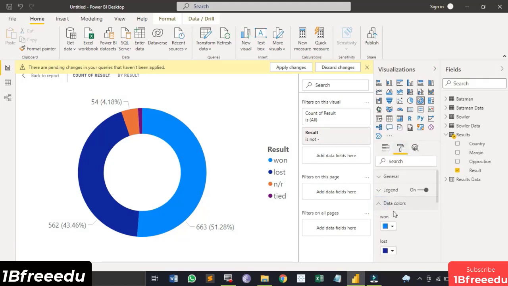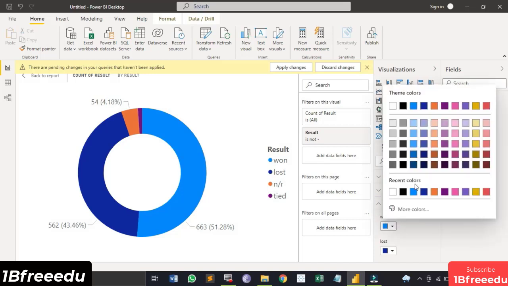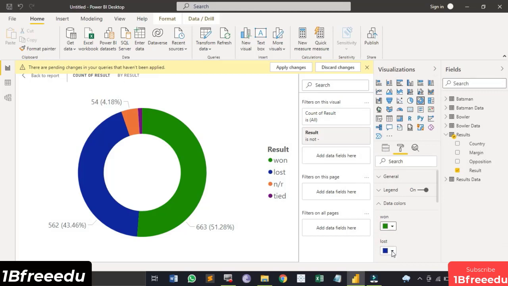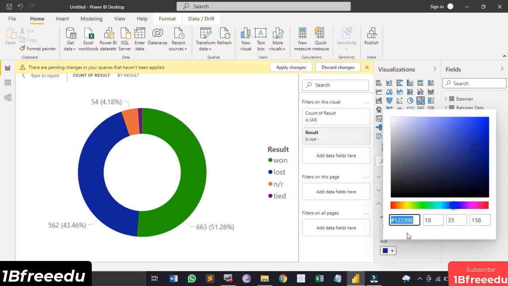The changes that we can do is like changing its data colors. So we can just go to the format tab. Here is this data colors tab. For the won we can just assign a green color to it. That's kind of like a celebratory thing, right? For the lost we can assign a shade of red.